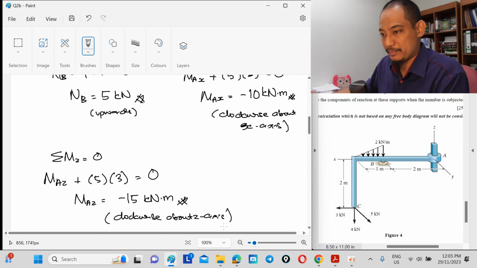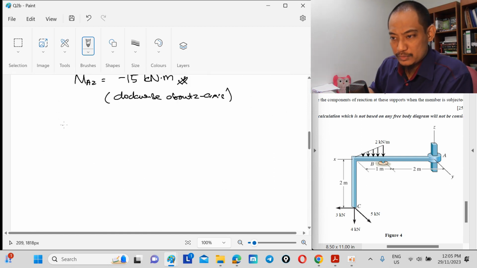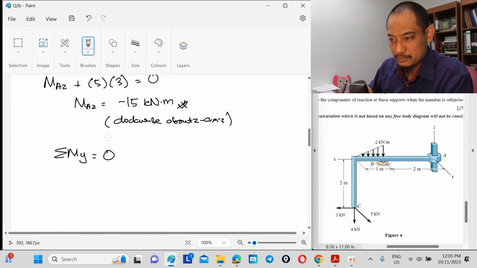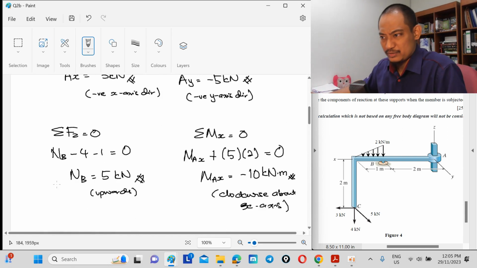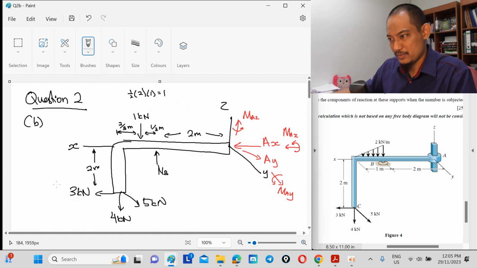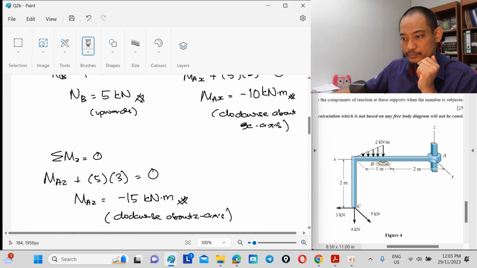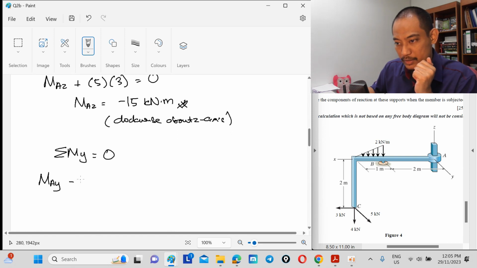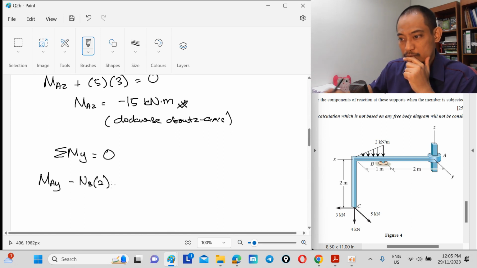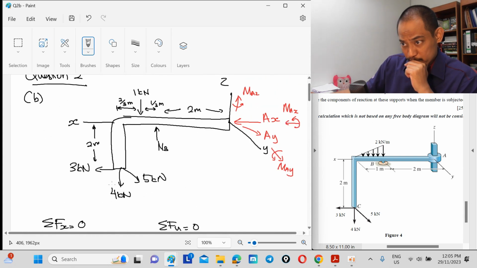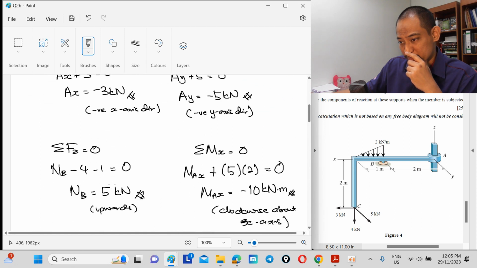Oh, my neck. And then we do summation of MY. Okay, this is where there's more involved, right? Because I have to scroll, I hope I don't make any mistake. Okay, MY. NB is rotating clockwise, so minus NB times 2. 1 kilonewton is counterclockwise, so plus 1 times